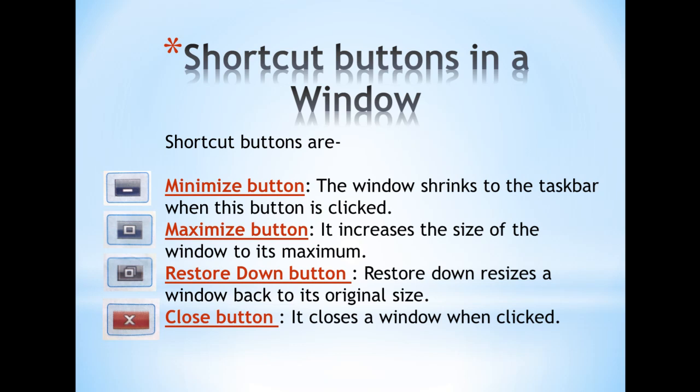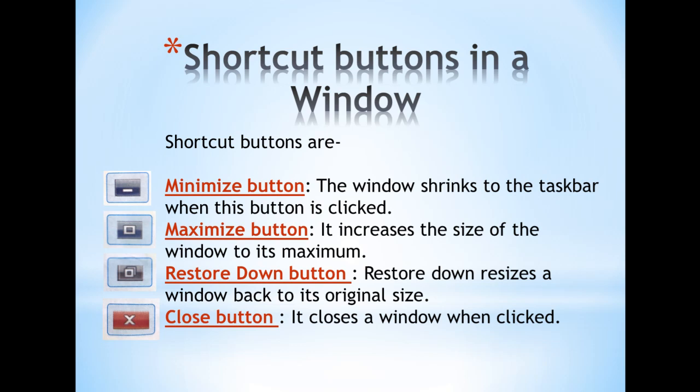Next is the maximize button. The maximize button is used to increase the size of the window to its maximum size. Third is the restore down button.